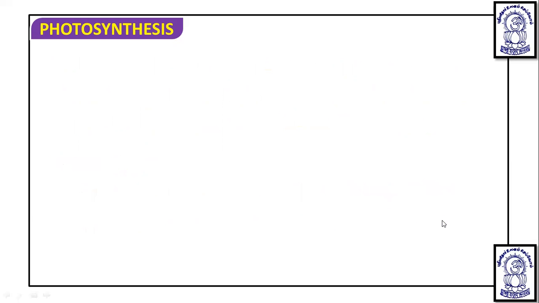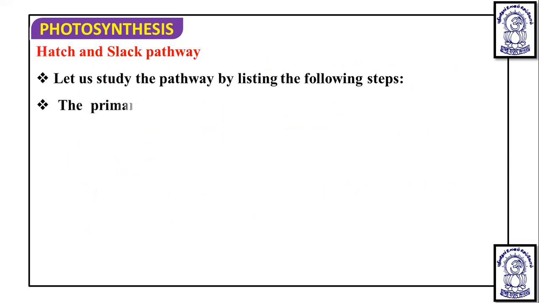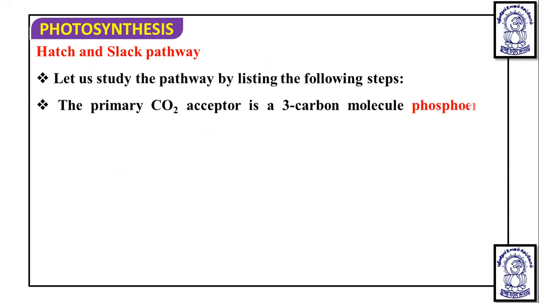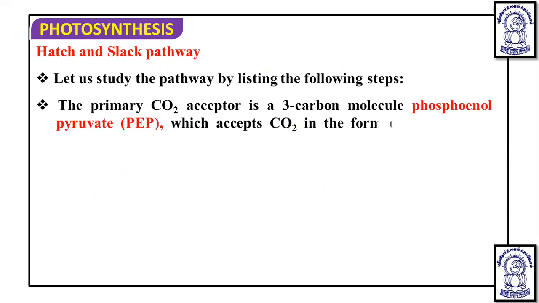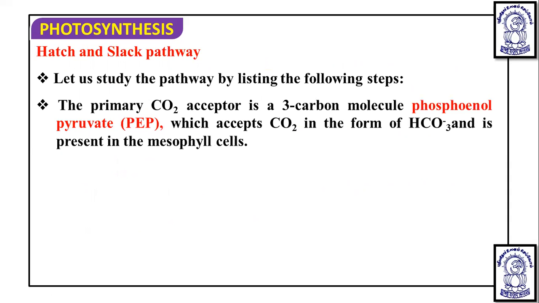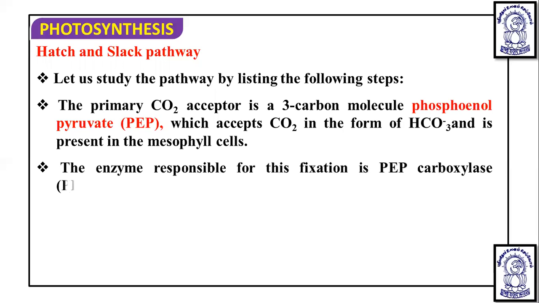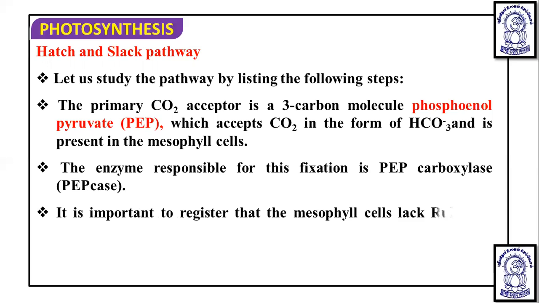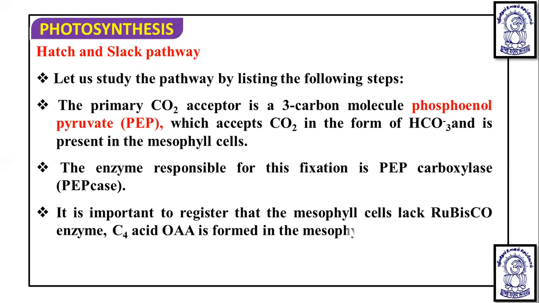So that is all about the C4 pathway and C4 plants. So Hatch and Slack pathway, what we have understood. Let us study the pathway by listing the following steps. Some of the important points again we have to note down. The primary CO2 acceptor in C4 plants is phosphoenol pyruvate, which accepts CO2 in the form of HCO3 minus, present in the mesophyll cell, and reacts to form oxaloacetic acid. So the enzyme responsible for this is PEP carboxylase, PEPcase. It is important to register that mesophyll cells lack Rubisco enzyme and the C4 acid oxaloacetic acid is formed in the mesophyll